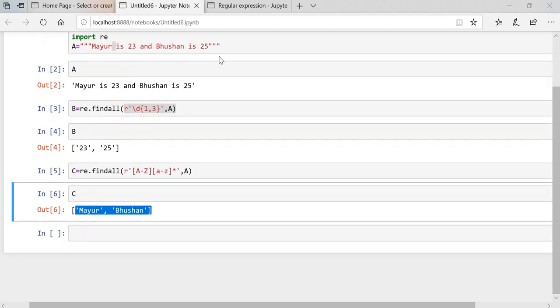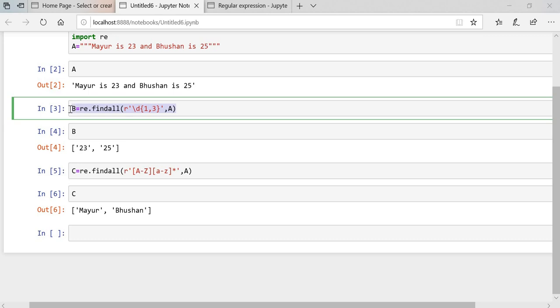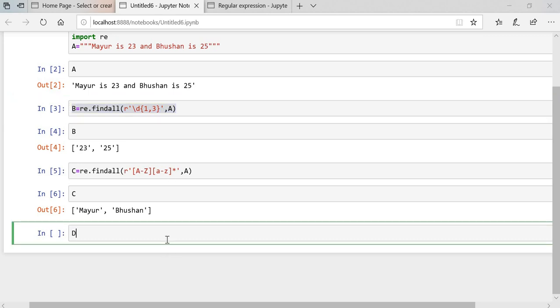So we have one more function to fetch the integer value. We'll check that one as well. d equals to re.findall, r, 0 to 9. What we have to fetch is the integer value from 0 to 9.